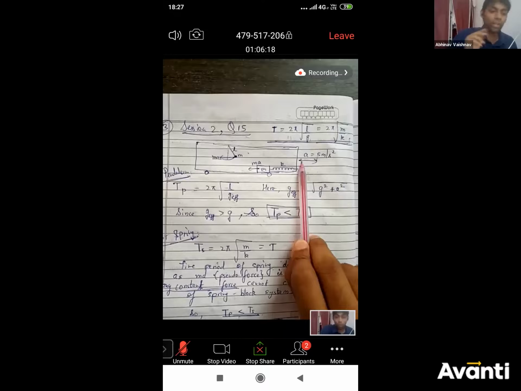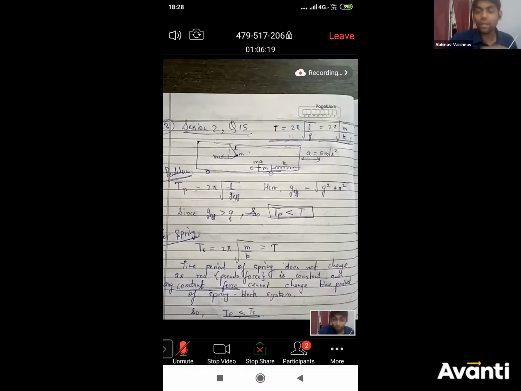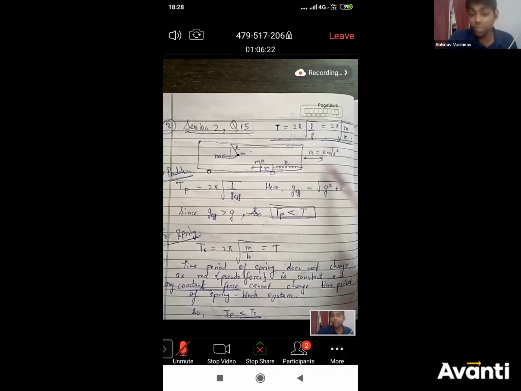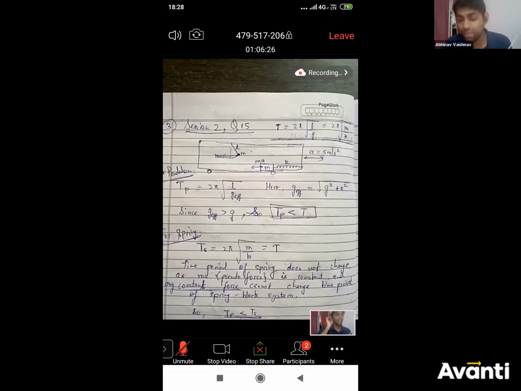So now we are doing the question in the frame of the train. Meaning, the train is our observer, right? And what type of observer is the train? What type of frame is it? Is it an inertial frame or a non-inertial frame? What type of frame is it? Inertial or non-inertial? Quickly answer. Yes, it is a non-inertial frame.